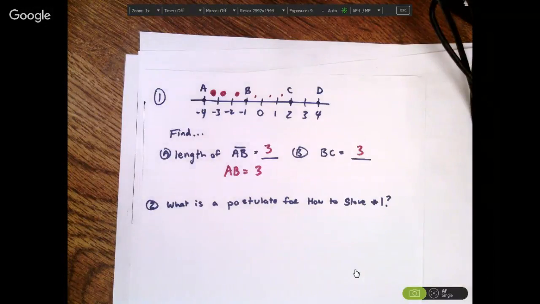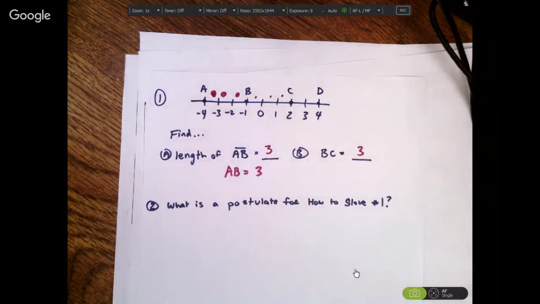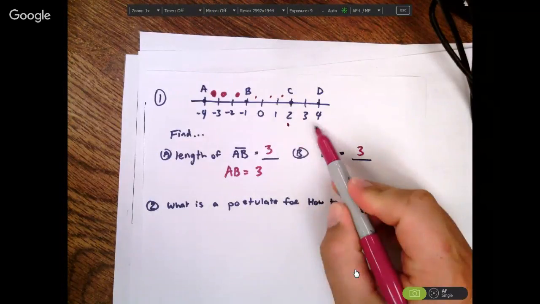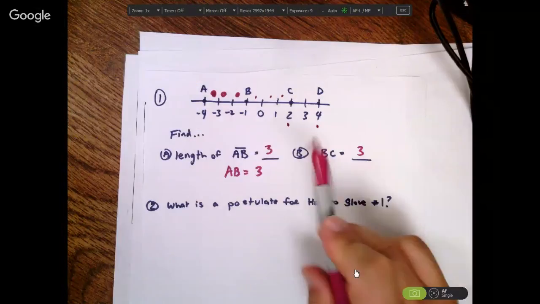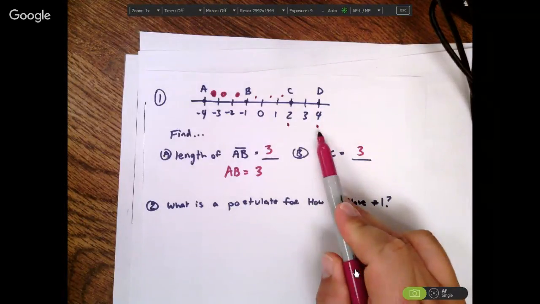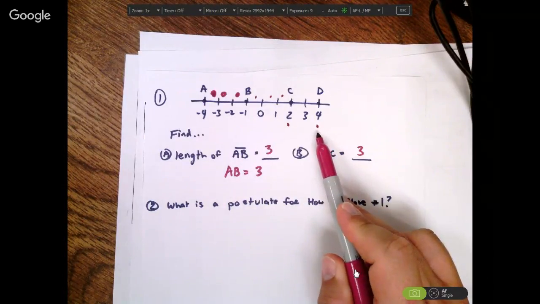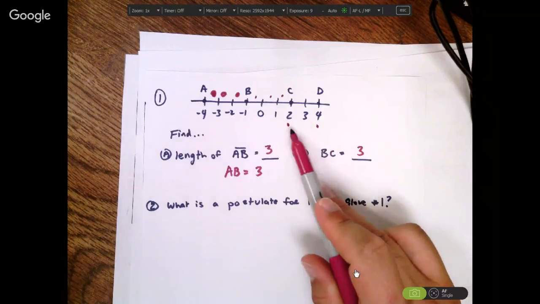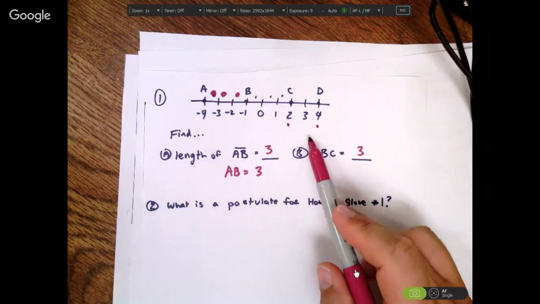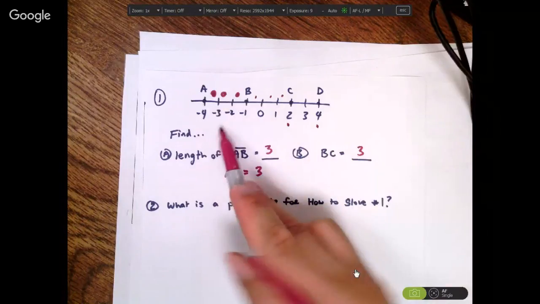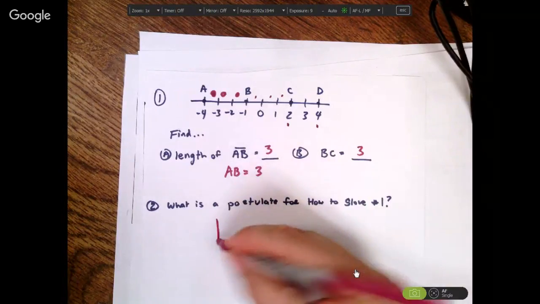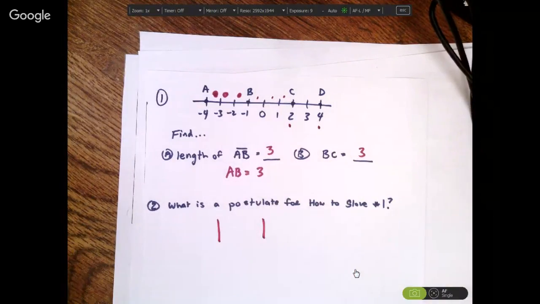What is it? If they're positive, wouldn't you add them? So if I want to figure out the distance from here to here, from 2 to 4, would I add those? No. What do I do? You subtract them, okay? And if I subtract 4 and 2 and take the absolute value, it's 2. It also works back here. So here is basically the rule. You take the absolute value